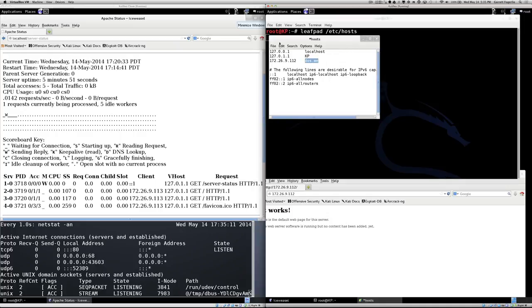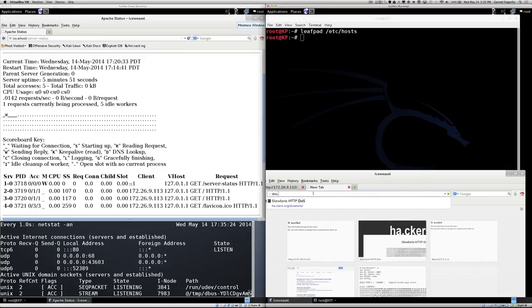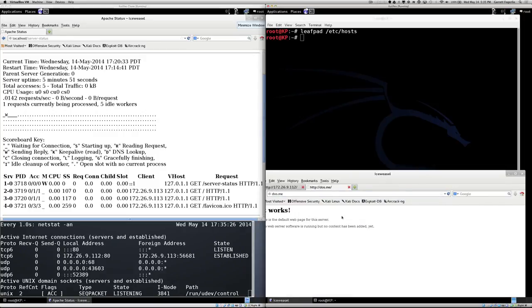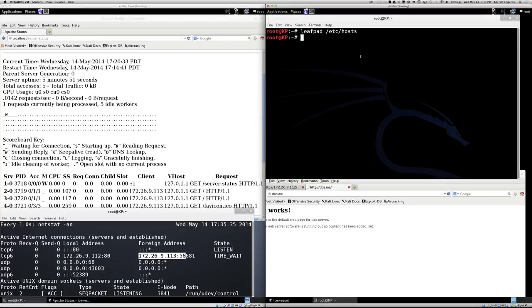Okay, so save that. So if I go to dos.me, yep, we see that page again, and I saw the server here popped up saying that I had a connection. Okay, so now to actually